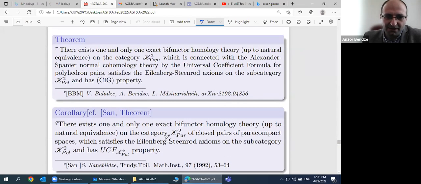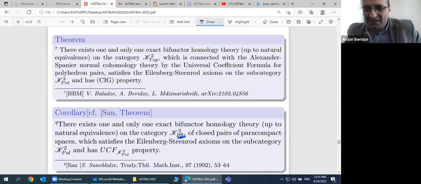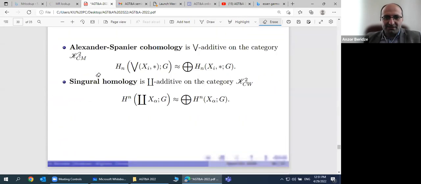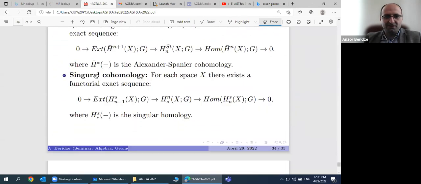And if we have the category of paracompact spaces, as I mentioned, in this case, we don't need the continuity property with respect to the injective abelian group. It is enough to have the universal coefficient formula, and this was done by Inasaridze on this category, because this limit space and the given space are homotopy equivalent. So I have something more, but I will finish here.